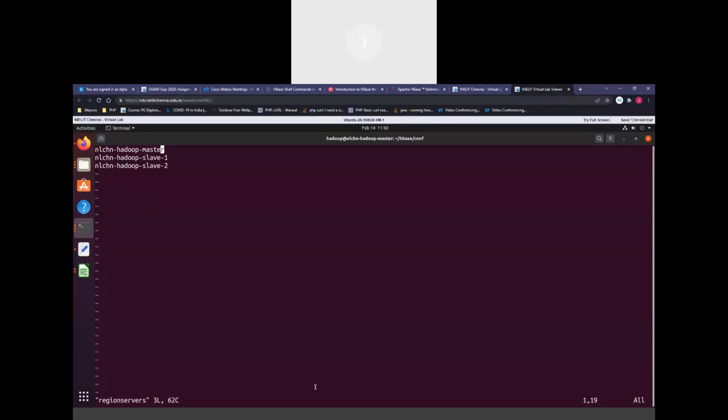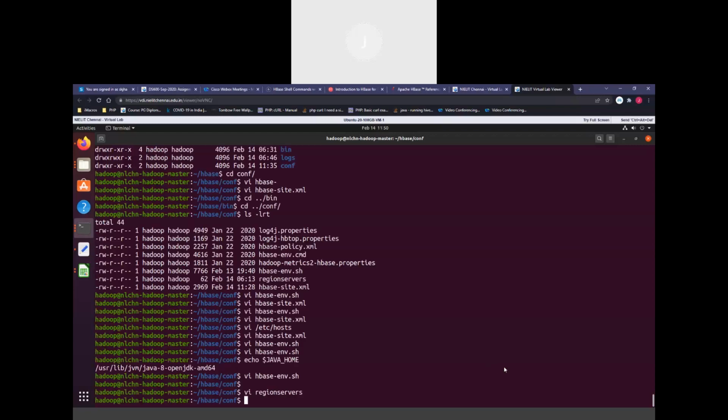Okay, this you can copy from your etc host file and you can write it down. You can also see the workers file in your Hadoop etc Hadoop directory. There also the workers file will have the information about which are the slaves. Okay, once this is done, then afterwards, okay,